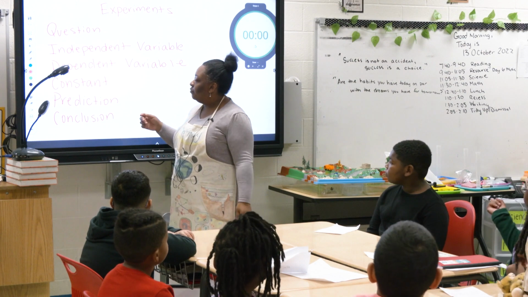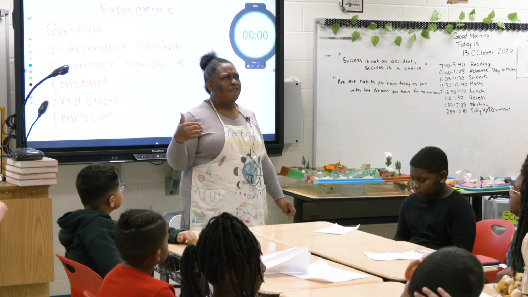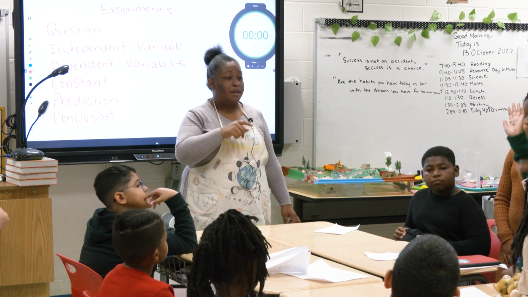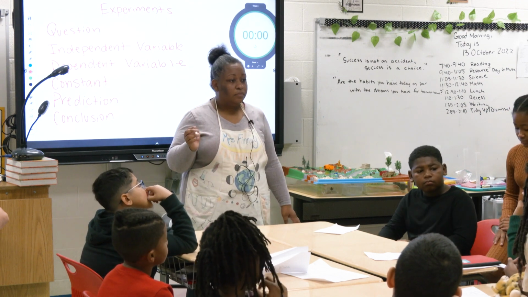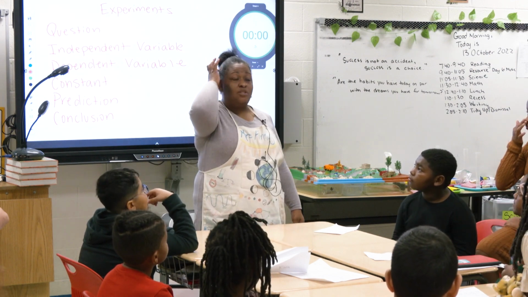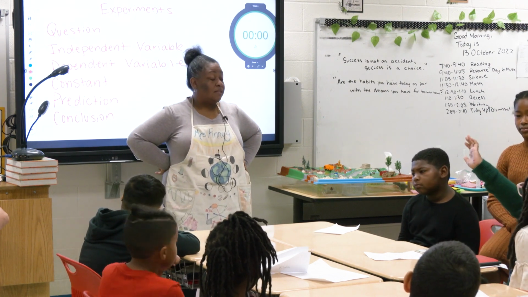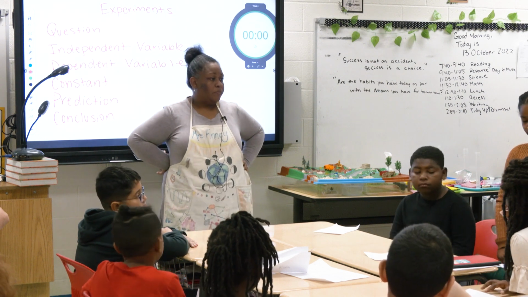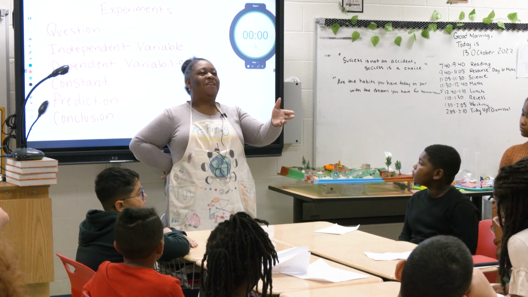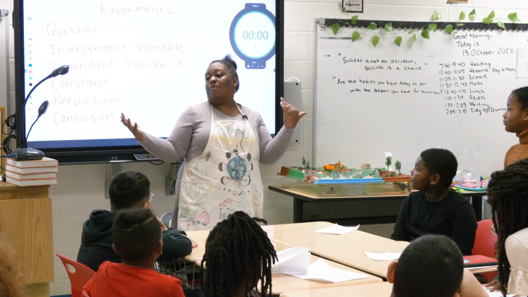What about our conclusions? What did we learn or figure out? If you were in the lifeboats, what did you learn after we finished our experiment? Some boats can only hold a certain amount of people. That's true. What about what we learned from the different sizes of the boats? Some of them sunk easier and some of them stayed above. Which ones were easier to sink? The smaller ones. Because boats were smaller, they couldn't hold as many passengers. And when we made boats bigger, they were able to hold more passengers.